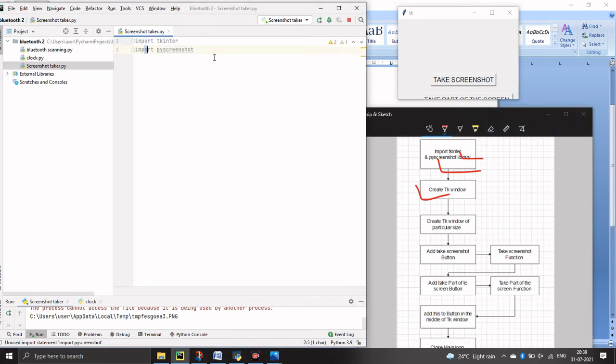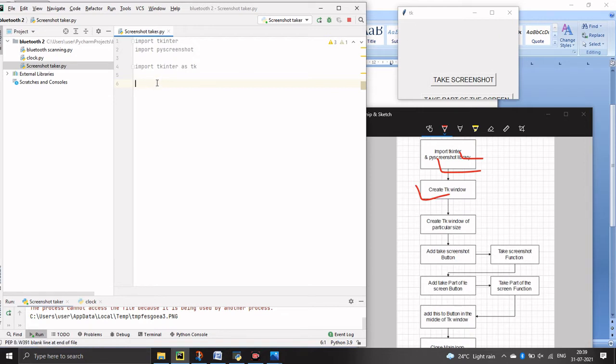Before that, you can use this Tkinter as tk. So import Tkinter as tk. Then we are going to create this window, that is the TK window.